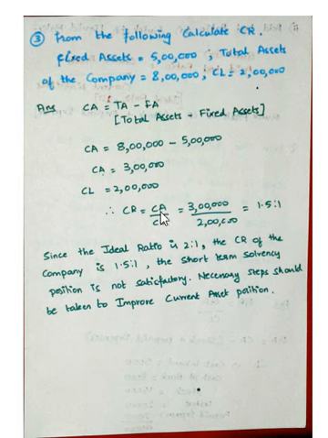So your current ratio formula is current asset divided by current liabilities, 3 lakh divided by 2 lakh, which is equal to 1.5:1. So since the ideal ratio is 2:1, for every current asset of 2, we can have a current liability of 1. So the current ratio of this particular company is 1.5:1, which is quite lesser. So the short-term solvency position is not satisfactory for this particular company, and necessary steps should be taken to improve the current asset position.